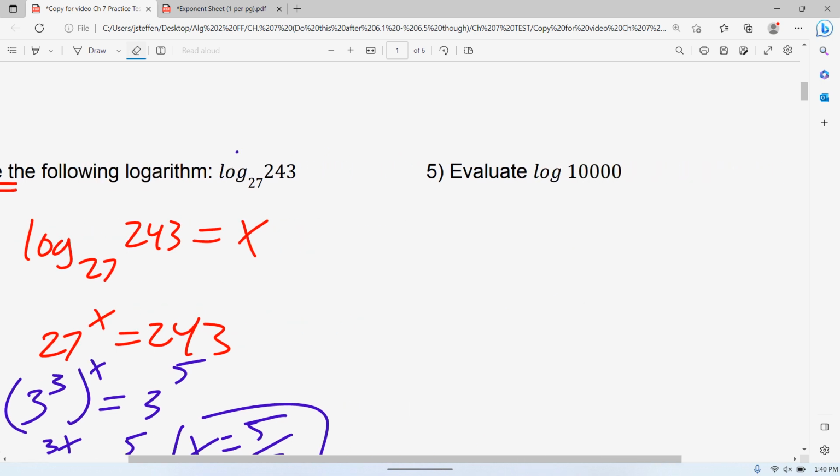Evaluate log of 10,000. Honestly, the main reason I put this one on the test is because I want to make sure you know that if there is no base, it's base 10. I honestly was trying to make this some easy points for you. So this is log base 10